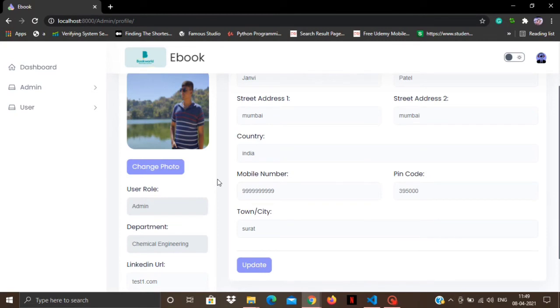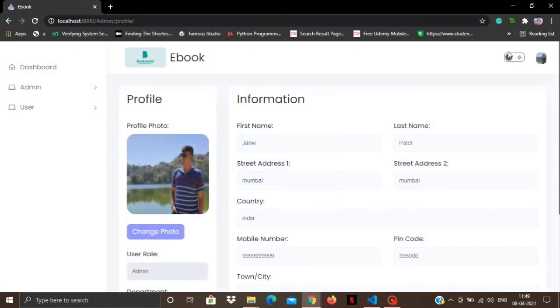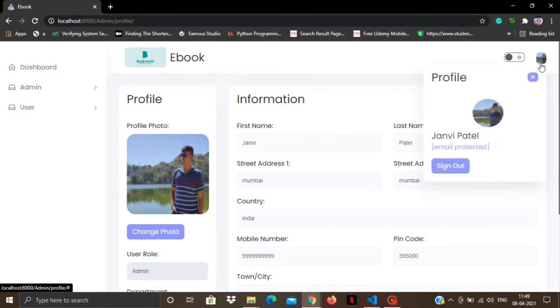So our profile picture has been uploaded. Now click on update to save the changes. So our profile picture has been successfully changed.